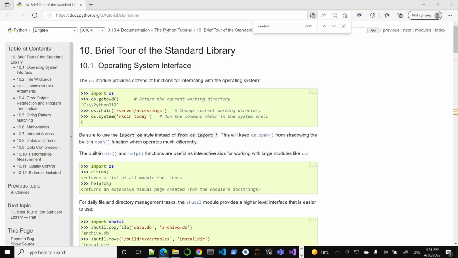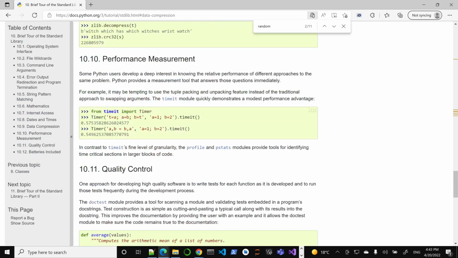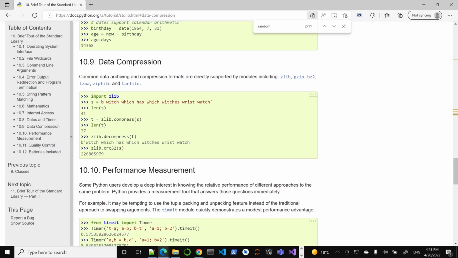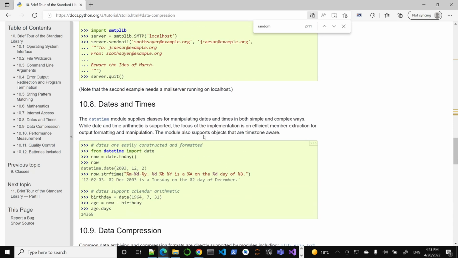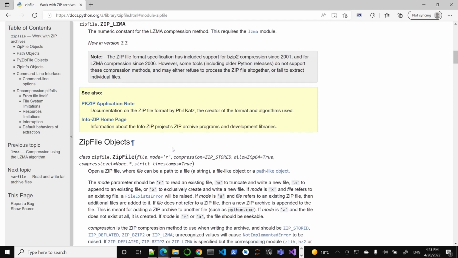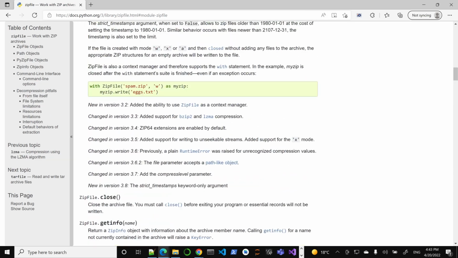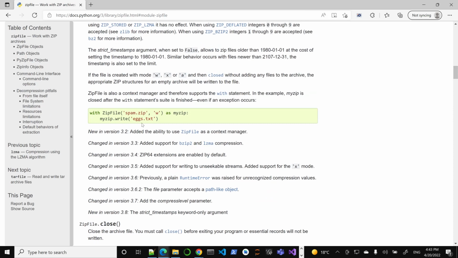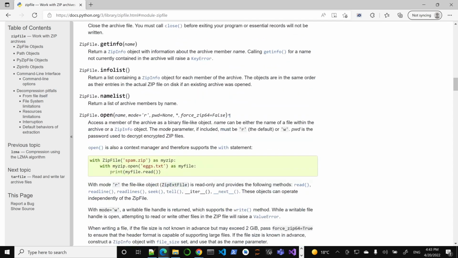For the last few minutes, let's check what else is useful. There's internet access, there's data, there's a zip file. You can convert everything to zip. By the way, let's check. This one might be useful, but this was not a zip file. I'll show you an example, something like this. You can write, and we can open up